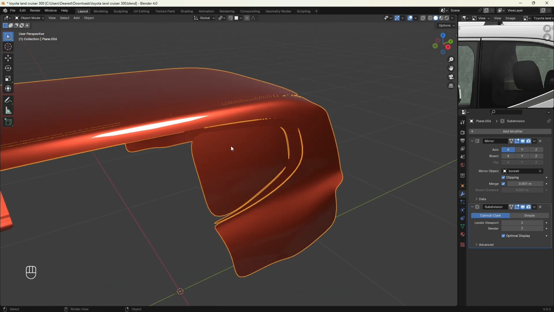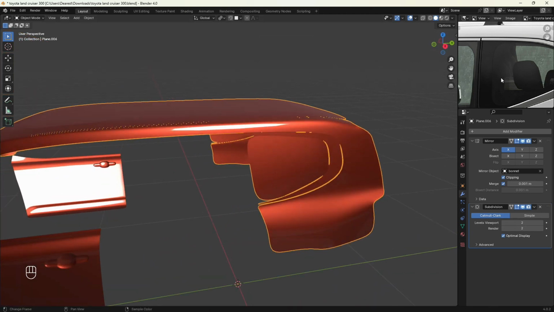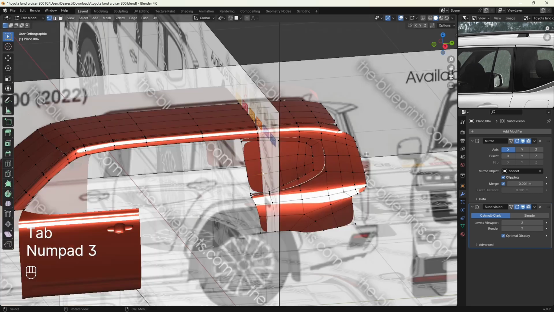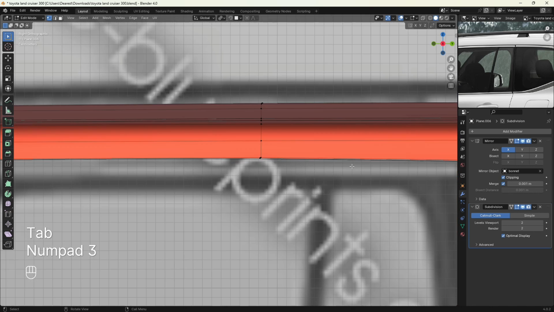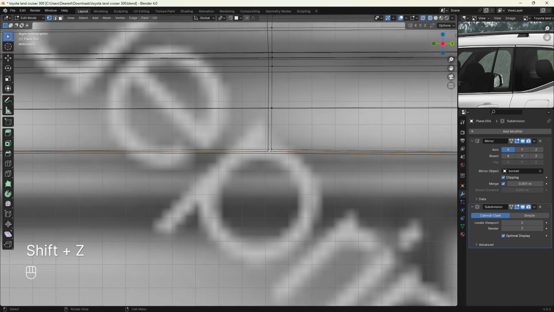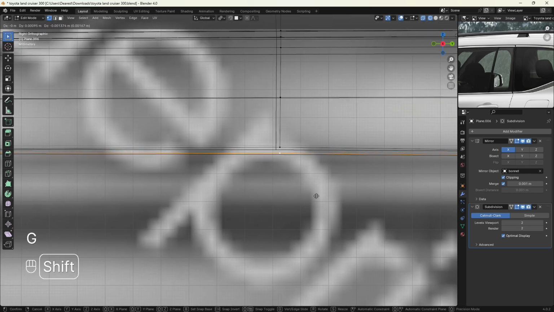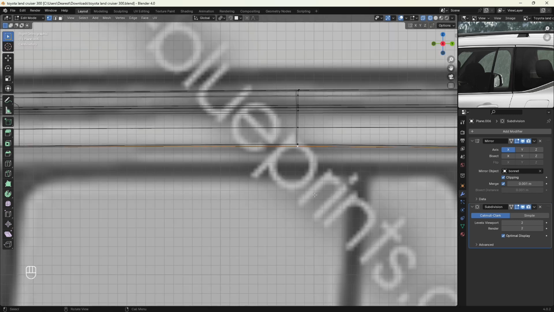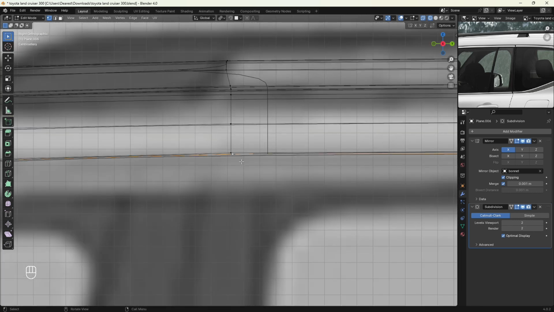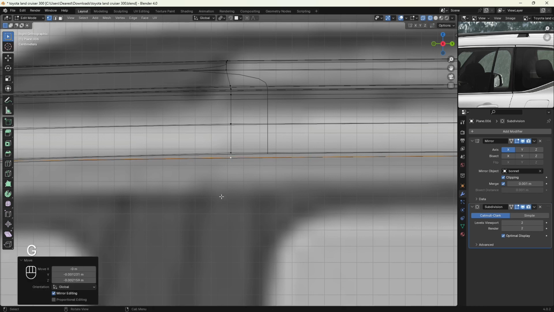Okay, now let us continue creating the rest of the panel, both the top panel and the bottom panel. So I'm going to go into side view and select this bottom vertex, and you can see it's way too close to the top vertex here. So I'm just going to bring it down slightly to about here, and I'm just going to repeat the same process with these remaining vertices. So select this, let's bring it down,